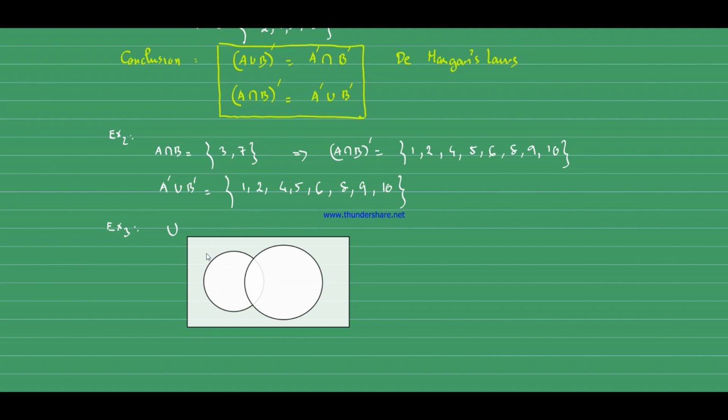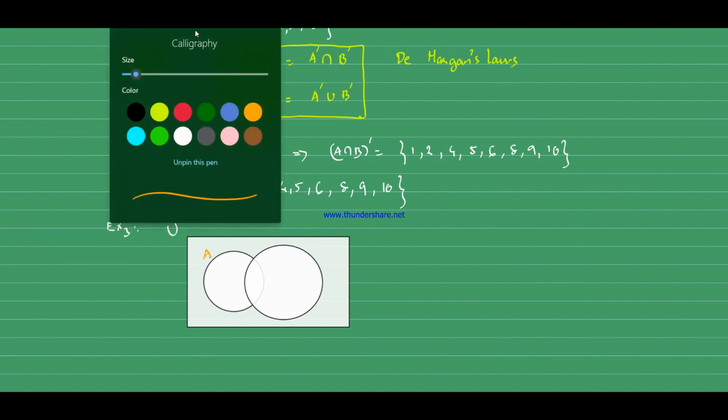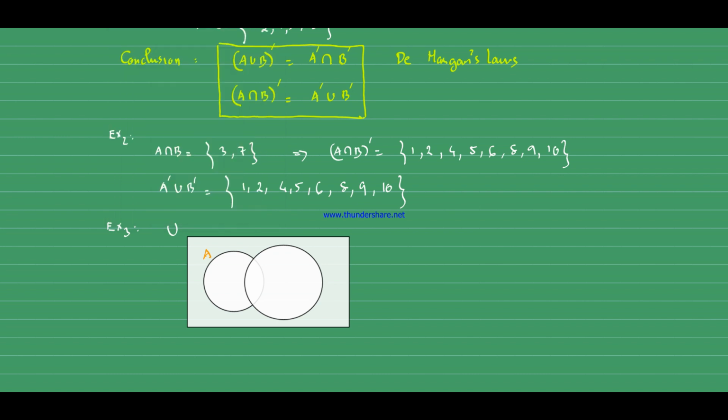And I call this set over here set A. And I call this set over here set B. I just use a different color. Now in set A, I have pi, and I have e,